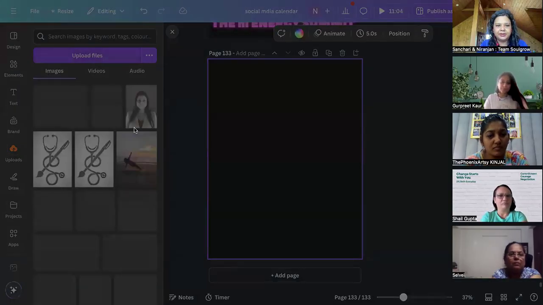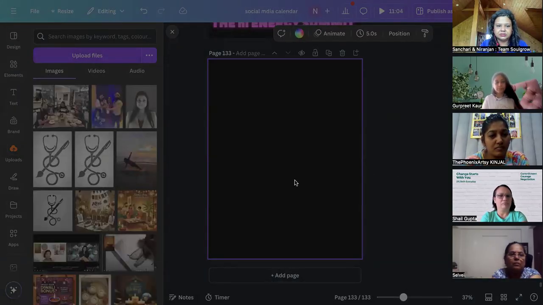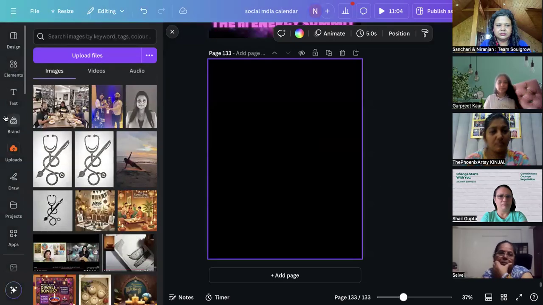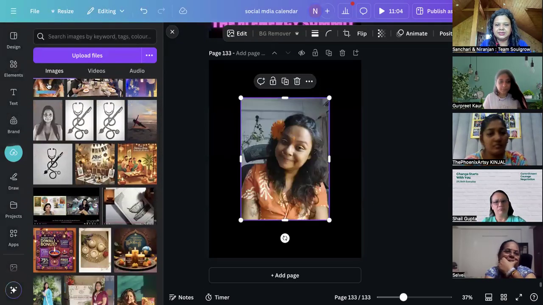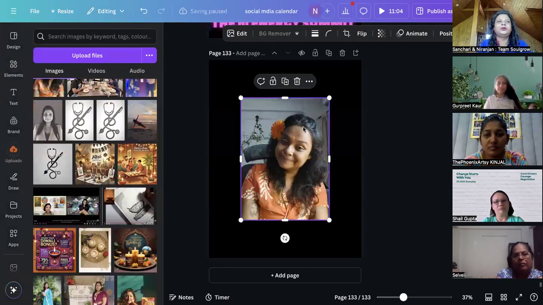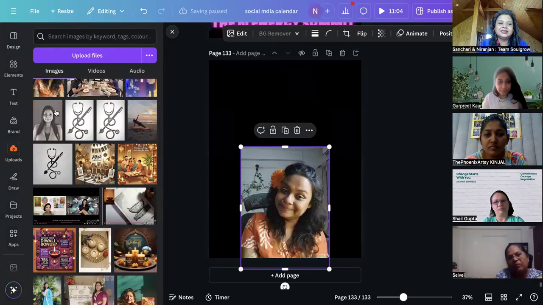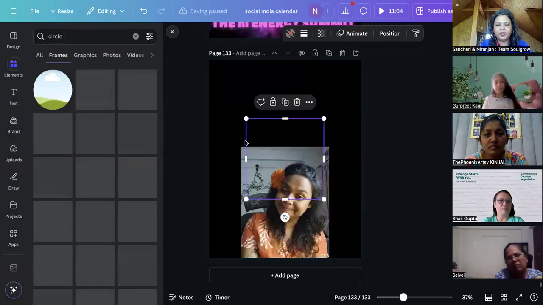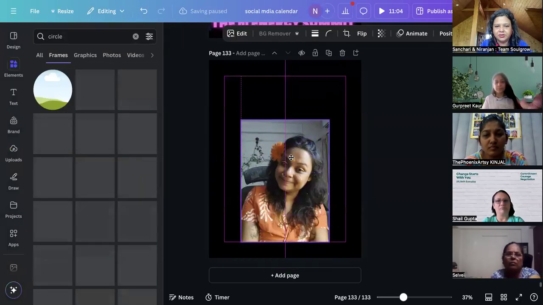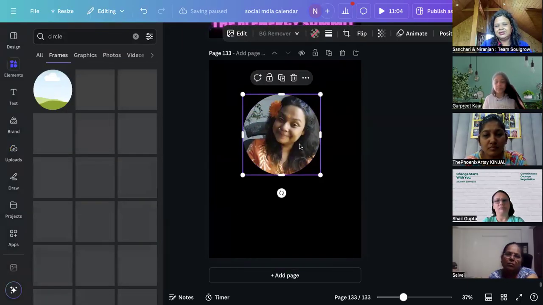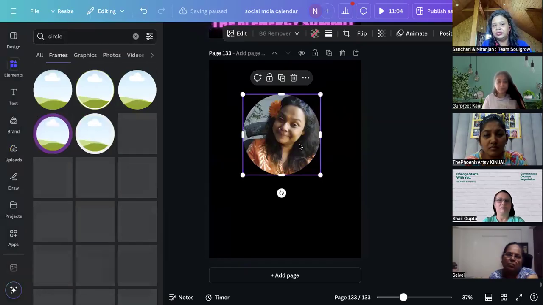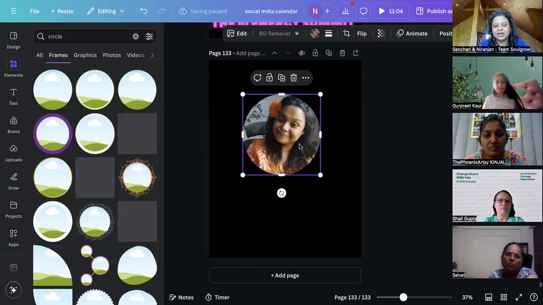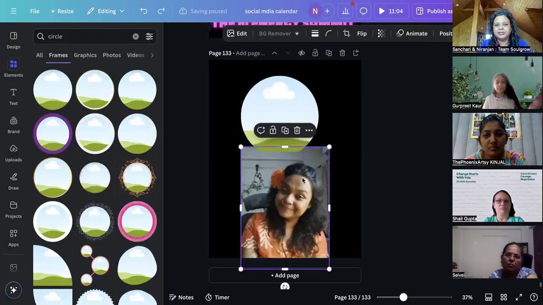Now, for example, let me pick up a picture. This picture, you can't put on WhatsApp or Instagram because it has a lot of background. Backgrounds never look good. This is how my circle icon will look. See, in this, it does not look good. There is a chair, there is a distraction. So what I will do is I will click on this